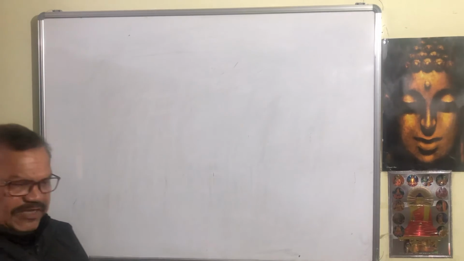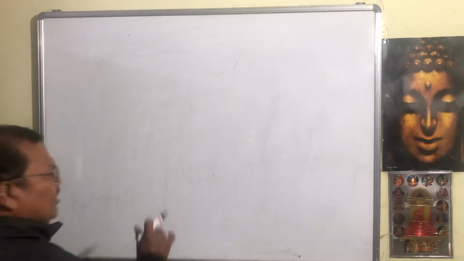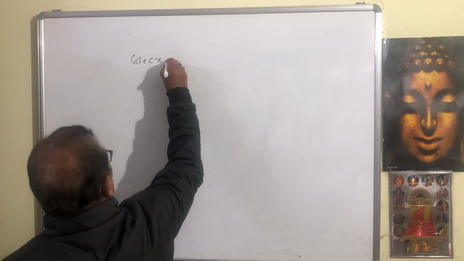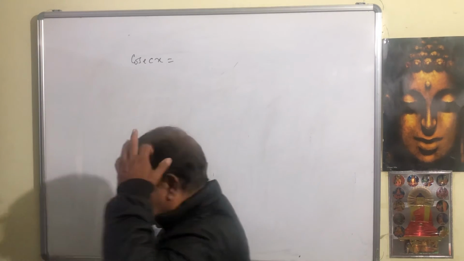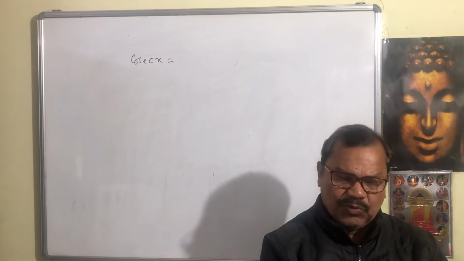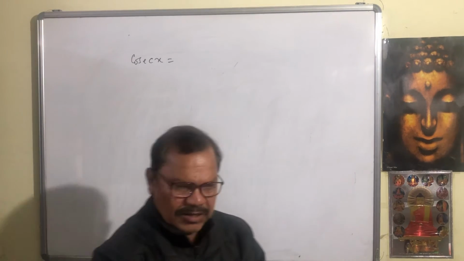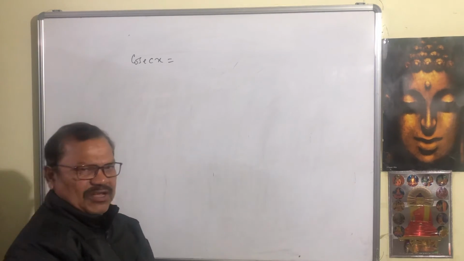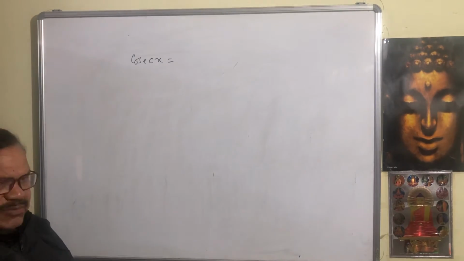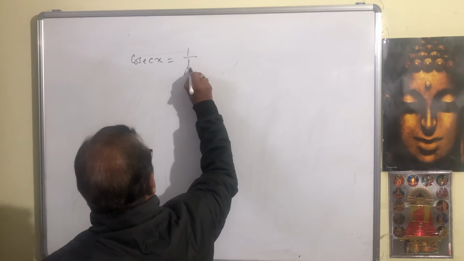So sin x we have seen, cos x we have seen, tan x we have seen. Let us take cosec x. Because my intention is to let you know the proper thing, how to find the domain, codomain and range. Because this chapter creates certain confusions in understanding. So let us see cosec x. What is cosec x? This is the reciprocal of sin x, 1 by sin x.